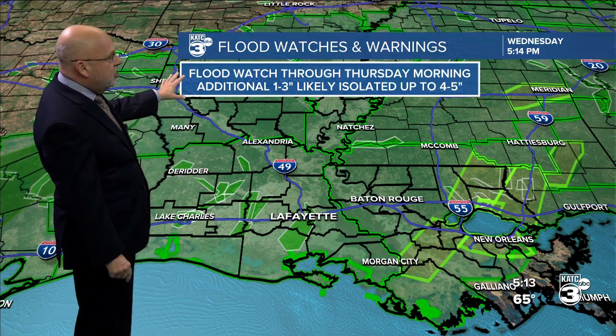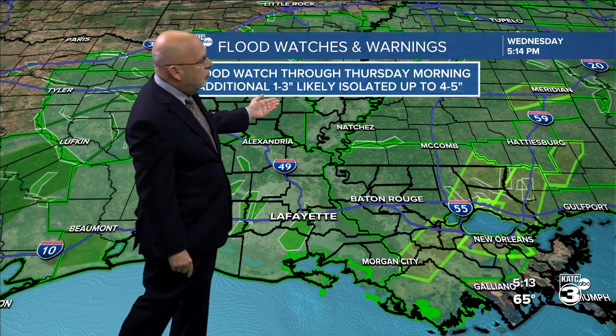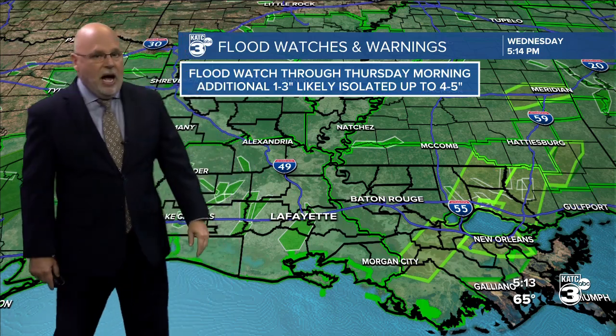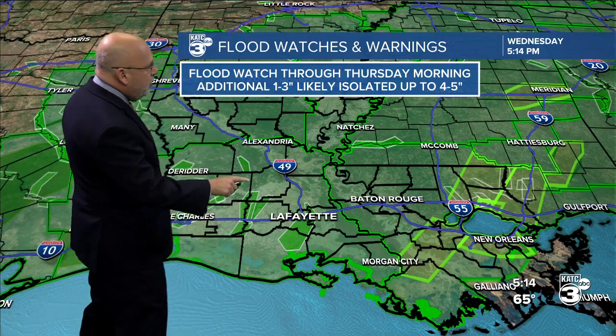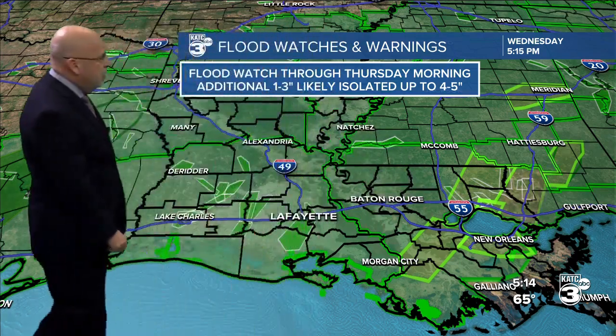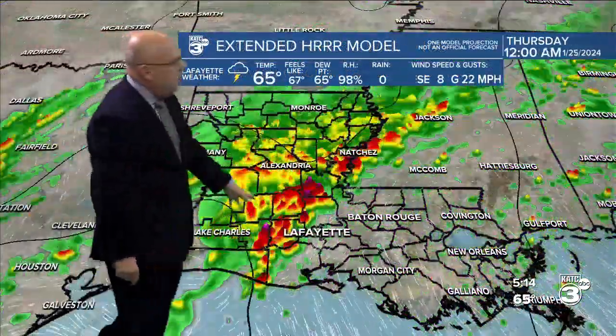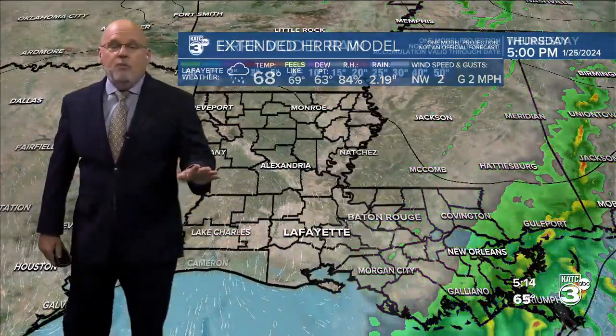So the flood watch continues through tomorrow morning, ends midday. We'll say an additional 1 to 3 is likely, but we could see isolated spots up to 4 to 5. So we have the widespread green, then we have these river flood warnings in advance. These are current flood warnings over toward eastern Louisiana where they're having high water right now over toward the New Orleans area. So we're going to see more rain and storms, another round moving on through tonight, and then it ends. Then tomorrow morning, a quick moving round, and then thankfully things will quiet down,